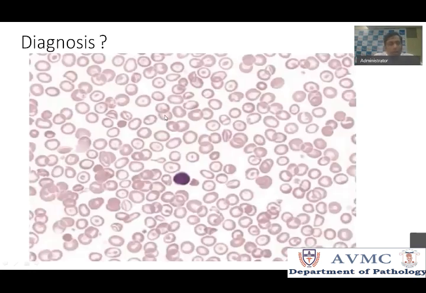Okay, so now this is a case where you find microcytic hypochromic RBCs. I suppose by now you all agree with me. This is microcytic hypochromic RBCs, correct? And you find a lot of target cells. Do you find anisopoikilocytosis? Not as much as we saw in iron deficiency. So it is more or less the same microcytic hypochromic RBCs with not much anisopoikilocytosis and many target cells. This is not iron deficiency. This is thalassemia minor, or thalassemia trait.